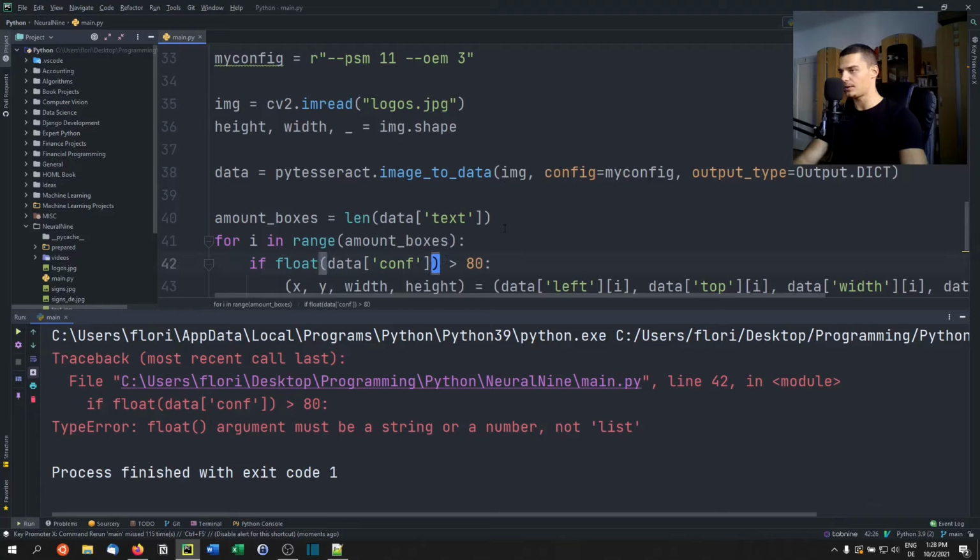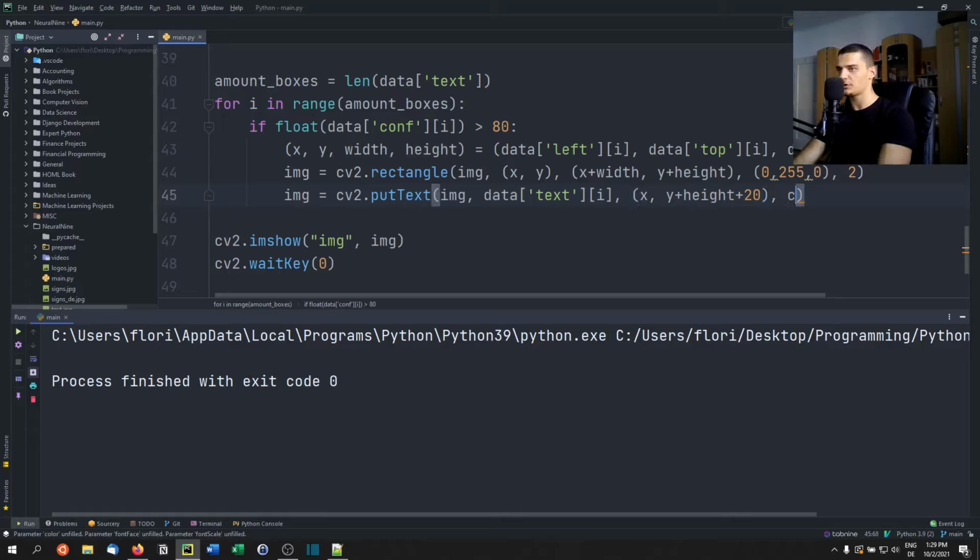So in order to see what it actually does, we're going to say cv2.putText onto the image. We're going to put the text, which is data text. We saw in the keys that we have this text key, and we're going to pick, of course, the ith one. And we're going to place this text below the box, at x and y plus height plus a little bit more, 20 for example. We're going to choose the font